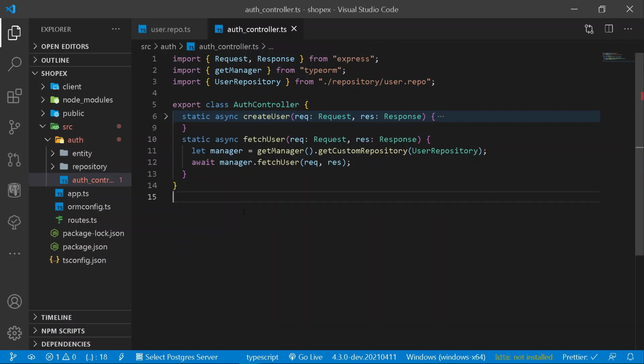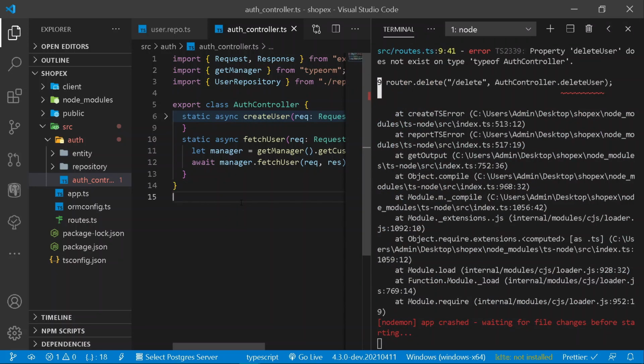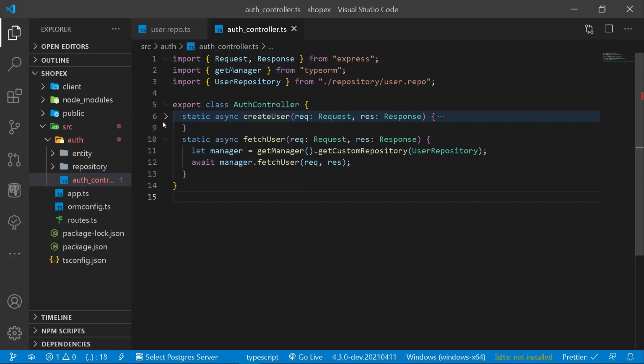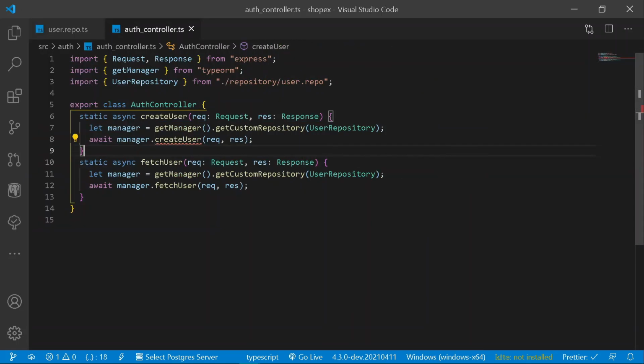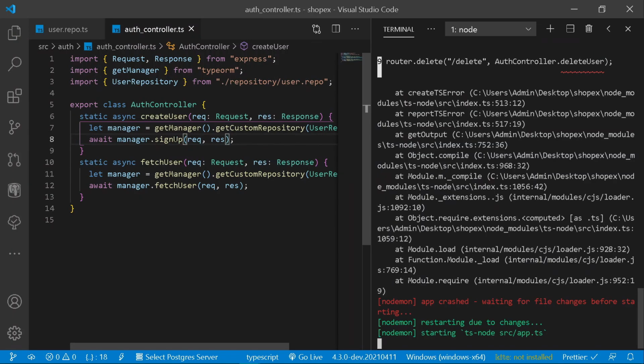Press Ctrl and S. Now let's go back. Alright, one more error. Let's check what is happening here. Cool, so we don't have the following create user method as well. So instead of create user, we have named our method to be sign up, that is sign up. So format document first, and now let the following thing be running one more time.